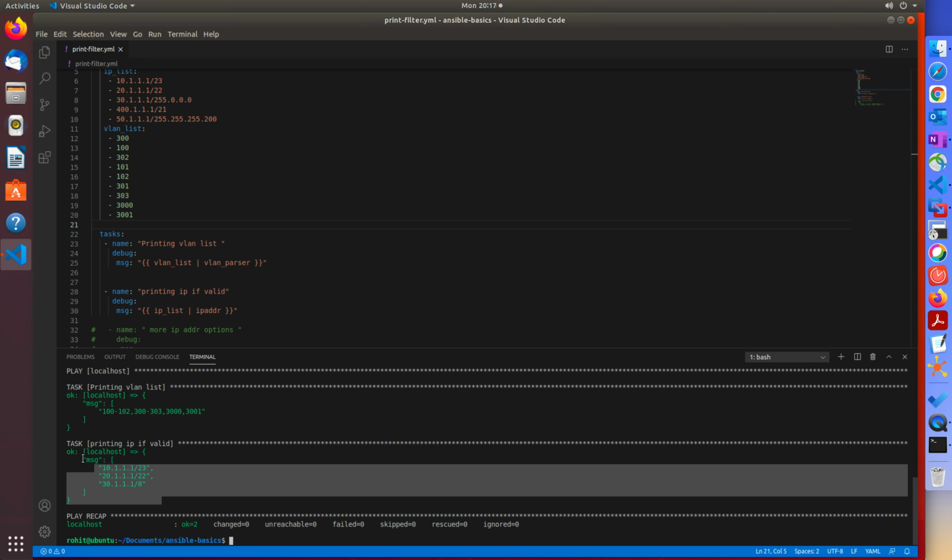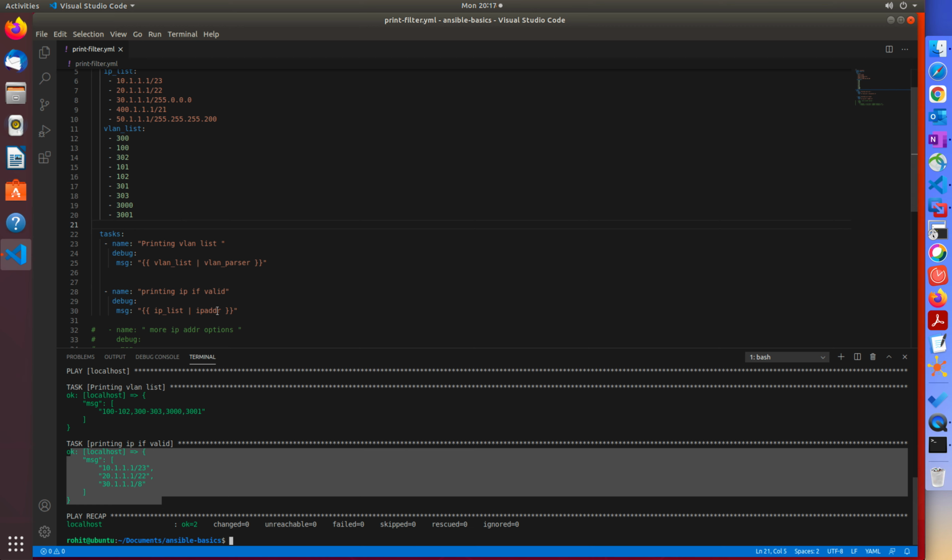So out of the IP list provided, this ipaddr filter prints only the valid IPs. So it didn't print this 400.1.1.1 and only the valid subnet masks. So we know that 255.255.200.0 is an invalid mask. So it skipped all the invalid elements of the list and printed only the valid ones with a prefix notation. Similarly,